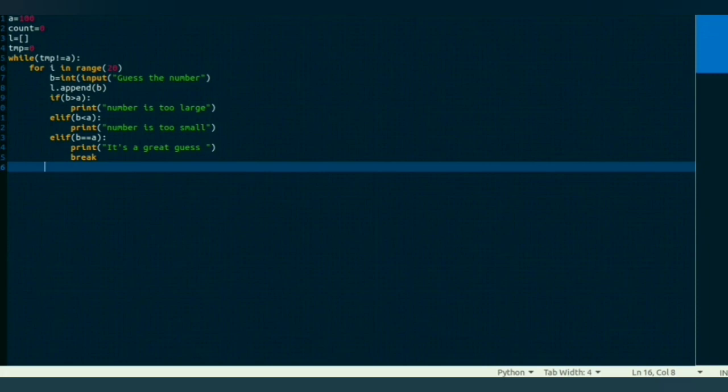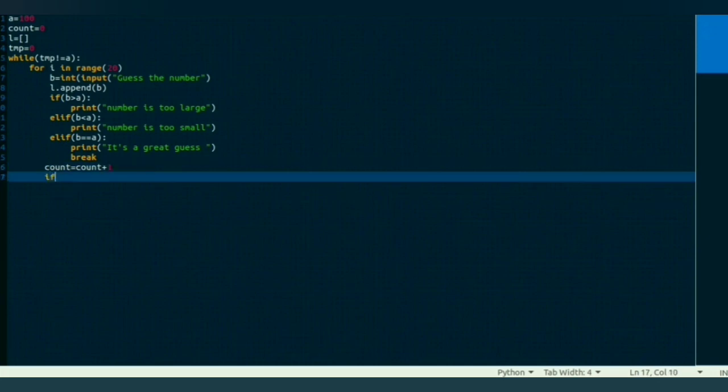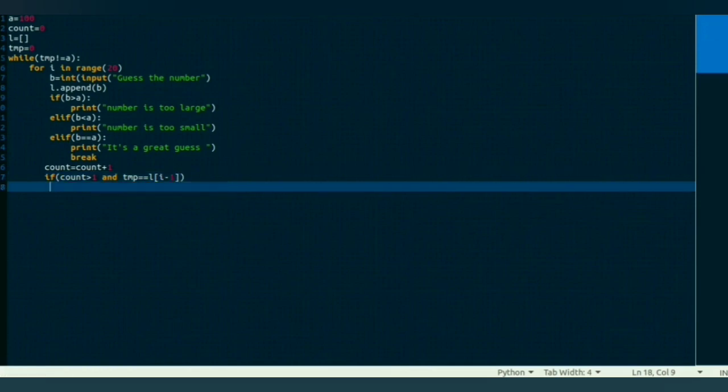Now for our task 2, we need to increment the count variable every time, right? So we need to write count equals count plus 1. Now I need to write a next statement to check if there are consecutive repetitions. For that, when count is greater than 1 and temp is equal to the before number, that is L of i minus 1, right? That time